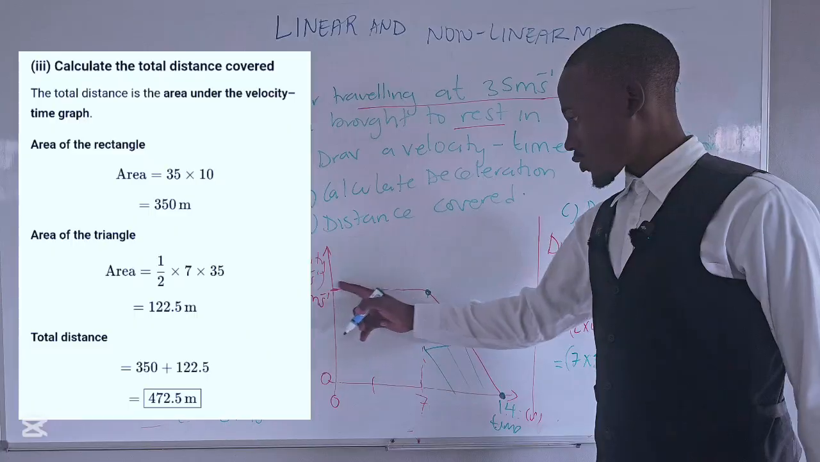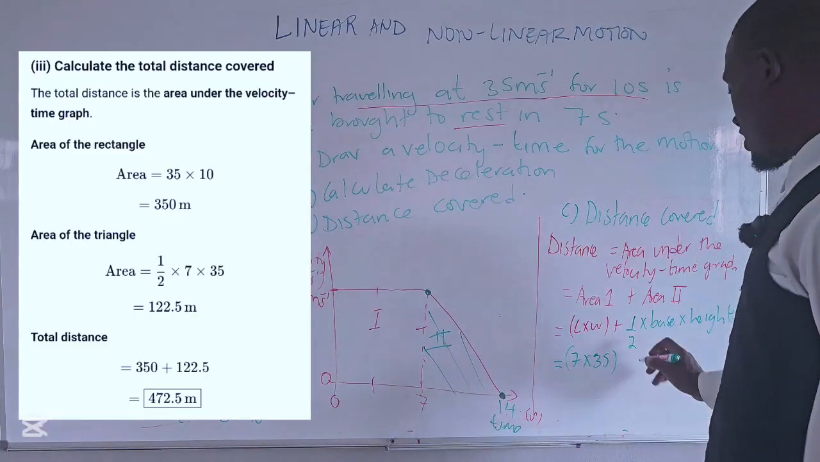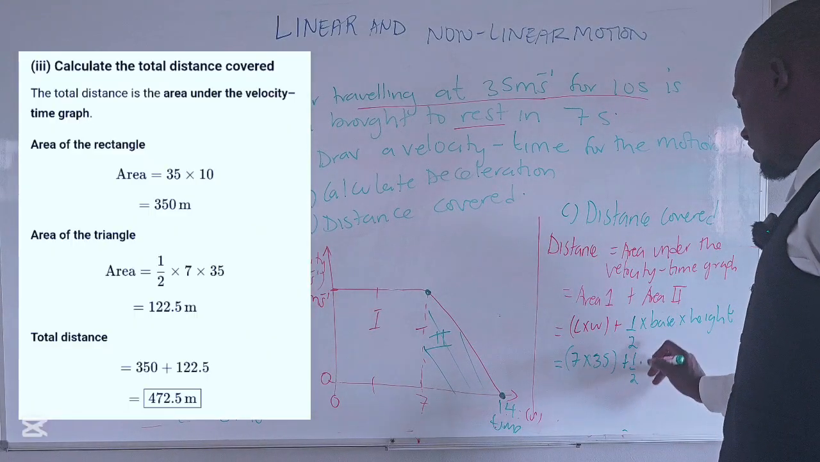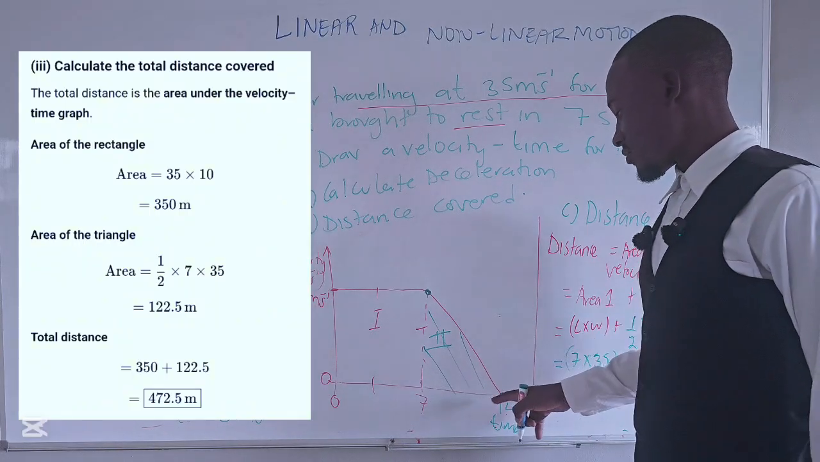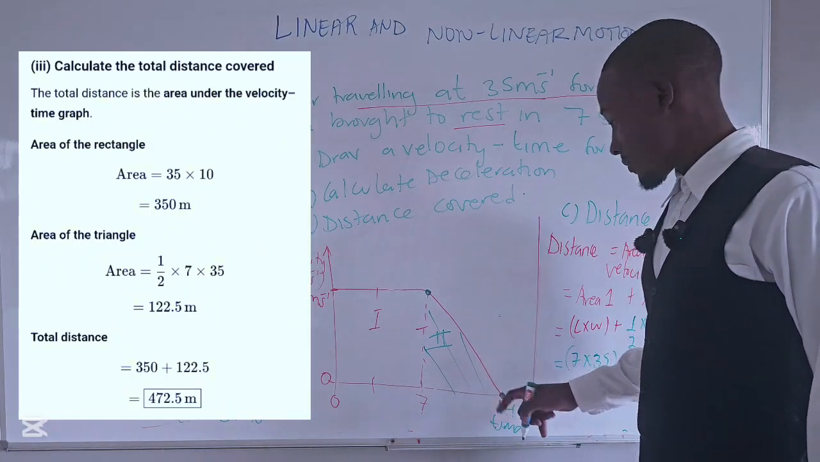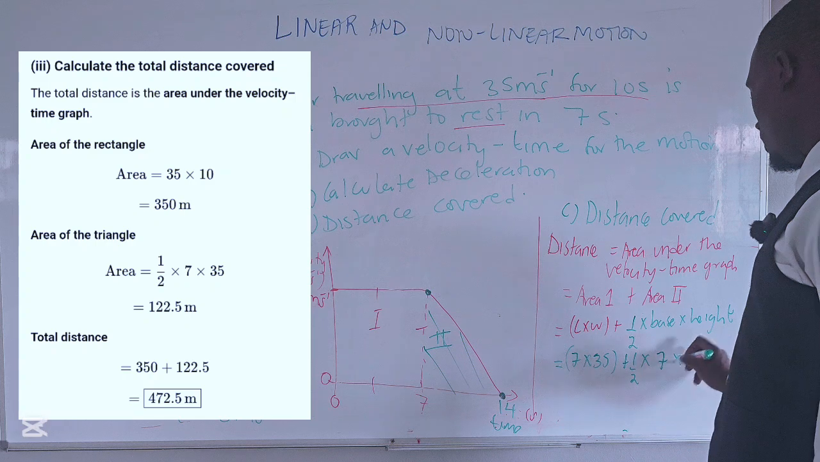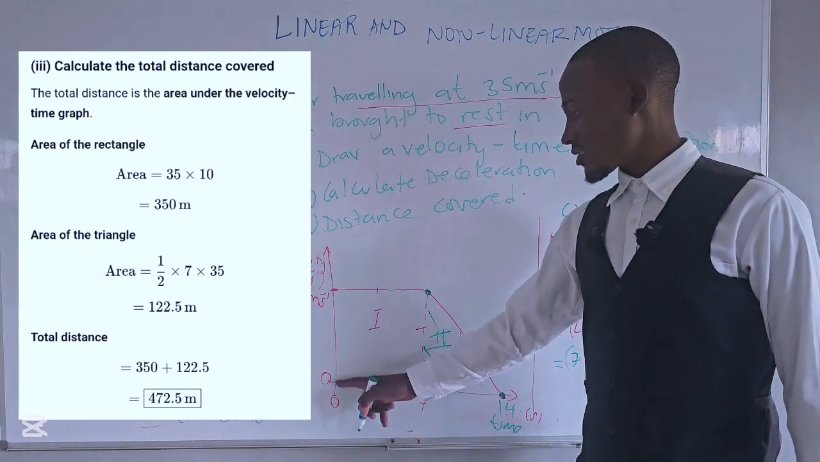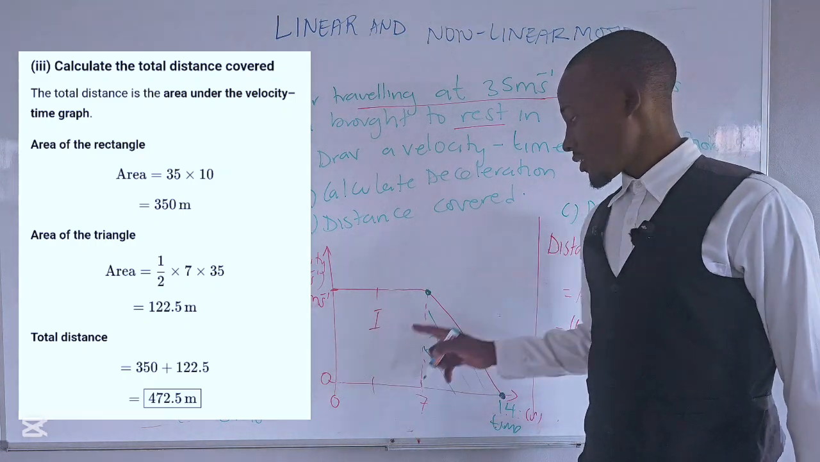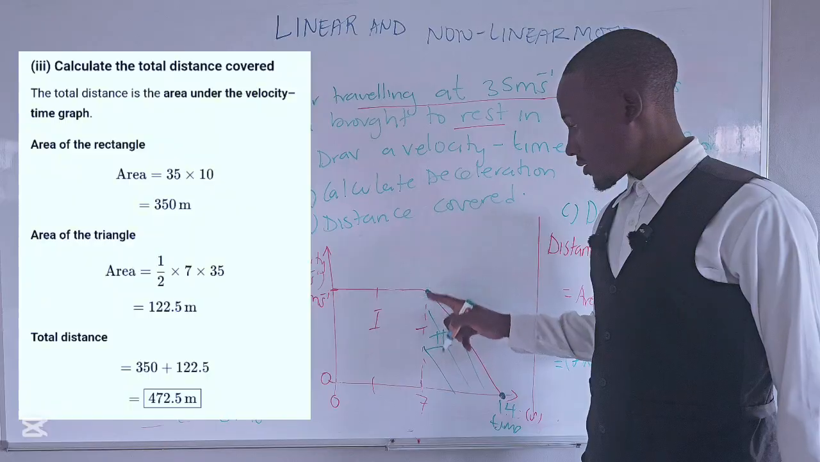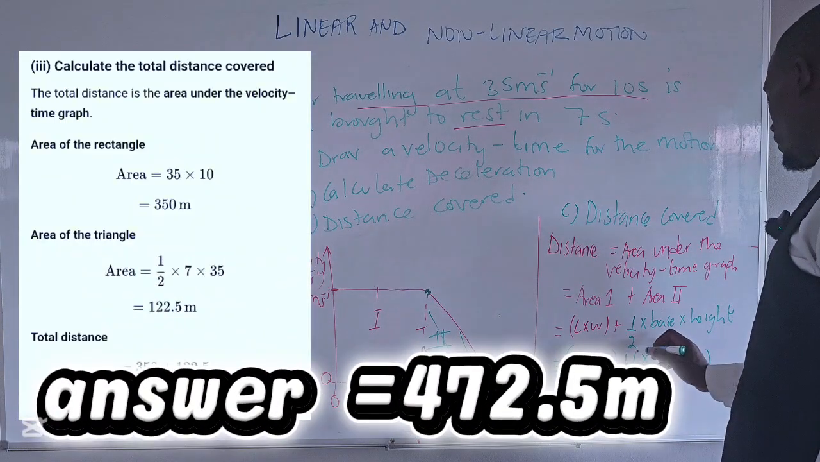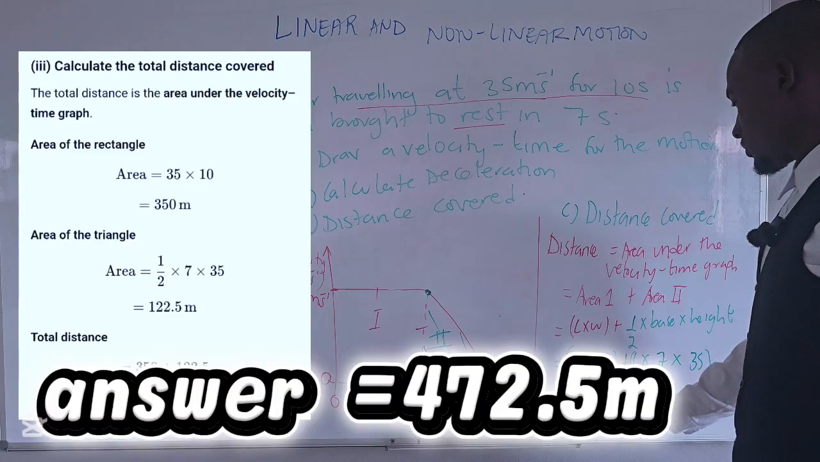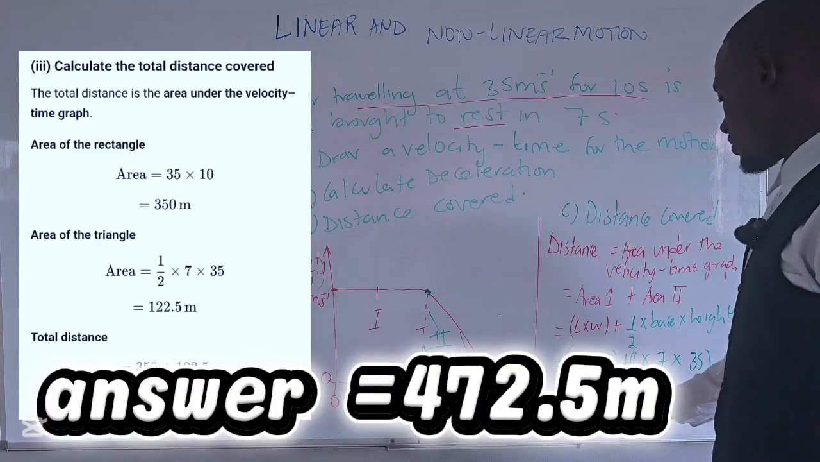So this is the part 1 area, plus the area of part 2, which is a half, times the base, which is the 7. Look at the difference, which is a 7, times the height, which is 35, and this is the same as